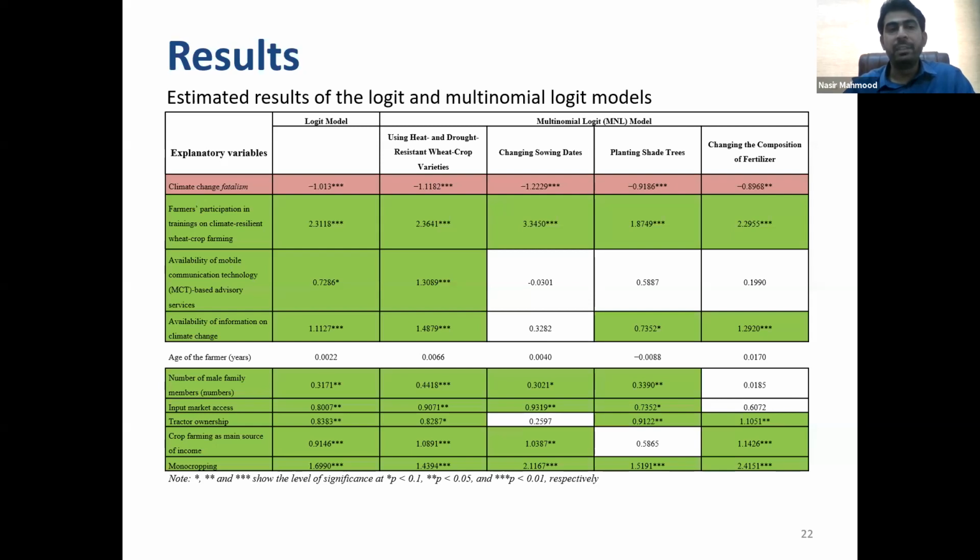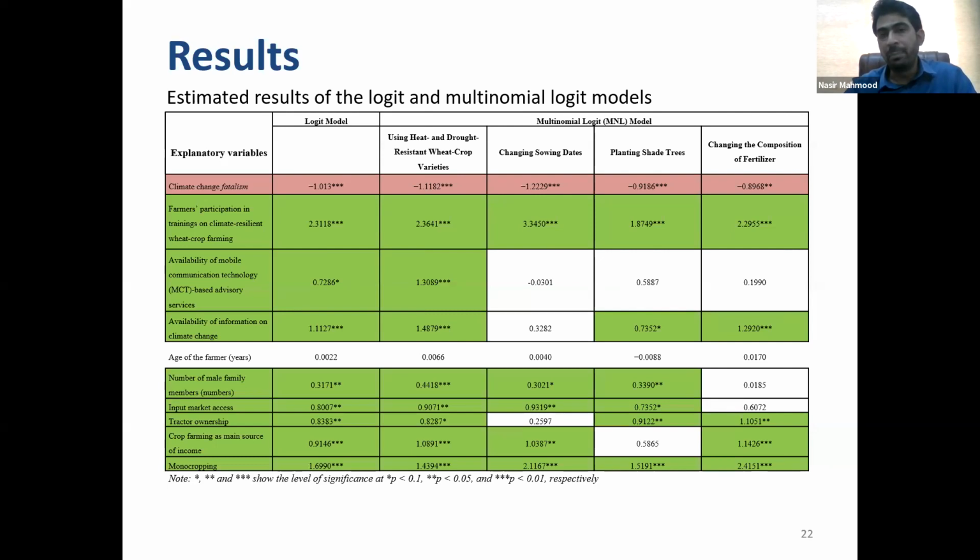This means that the farmers with fatalistic views about climate change are less likely to do any adaptation, because they have a predetermined approach that these impacts cannot be tolerated by doing various adaptation measures, so they don't want to do any adaptation at all. That's why this variable has a negative relation in the logit model and also with all 4 adaptation strategies.